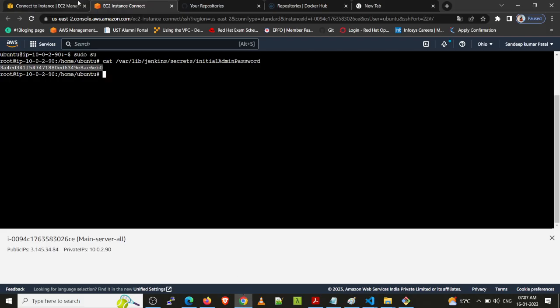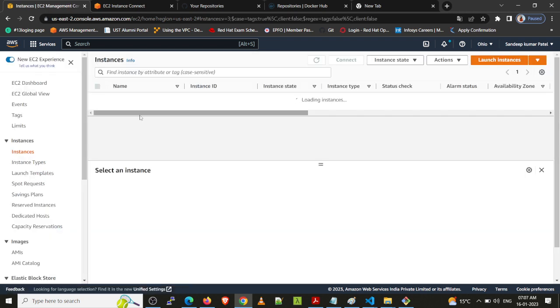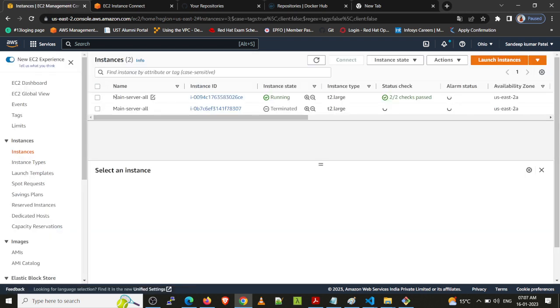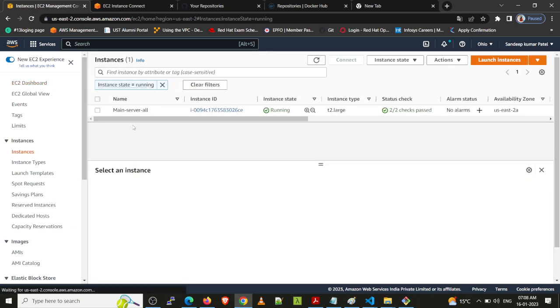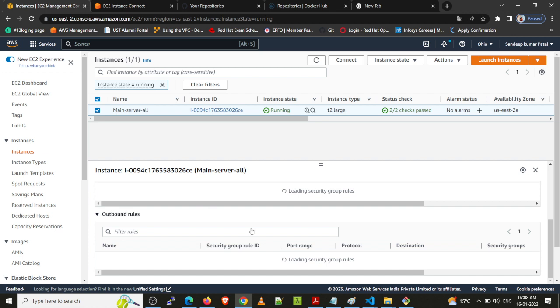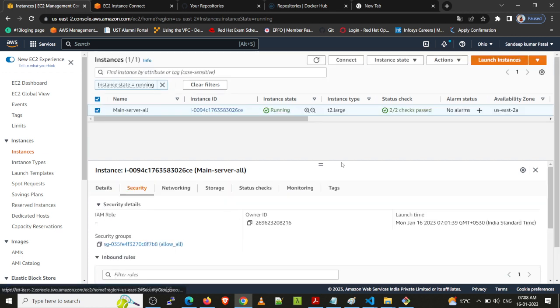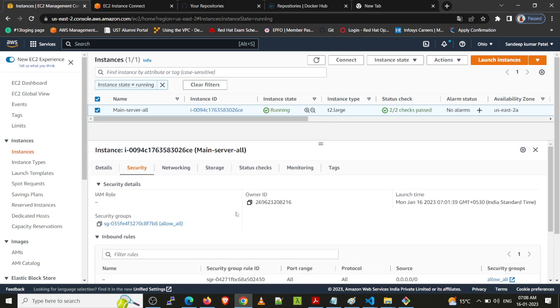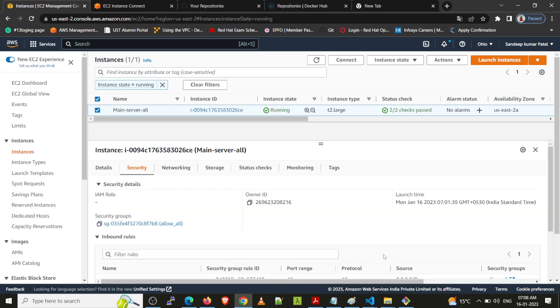So we have to check the other components also. We created this EC2 instance, so we have to check how this server is going to work and how everything gets started. Here the server is available. We have to create a security group and assign it to the server. Inside the security group we have to allow all traffic, which means creating both inbound and outbound rules.